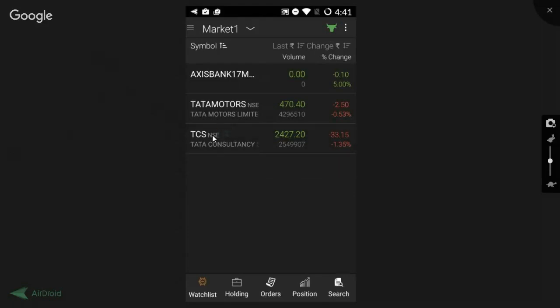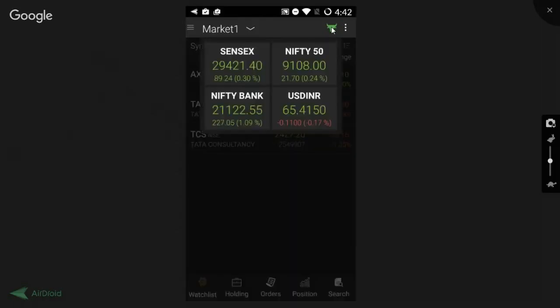We just have to click it back again and it would be unblinked and it won't be our favorite anymore. So it's a simple feature that is added to enhance your trading experience again. On top of the market watch, there is a bull symbol given, as you can see, bull in green. Because the markets were bullish today, there is a bull symbol in green. When we click on it, it gives us the basic market index again.